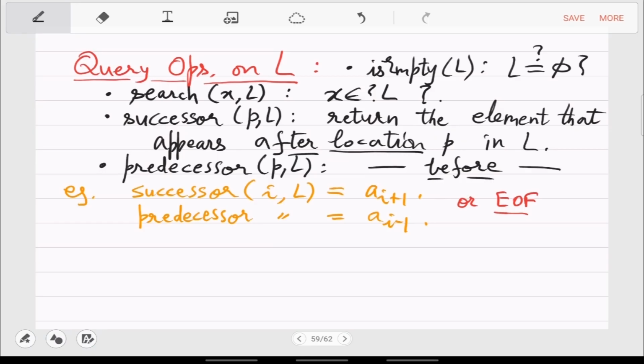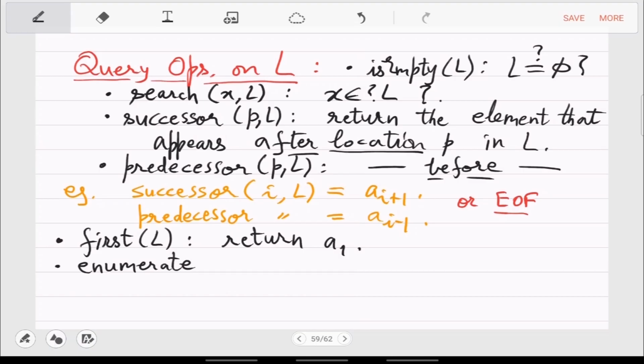Okay, and in similar spirit, this first L should return the starting element of the list, so returns A1. And finally, you want to output the whole list. So that's the question of enumeration.